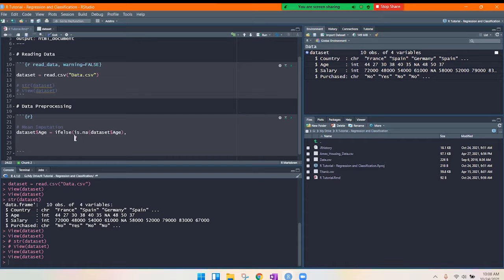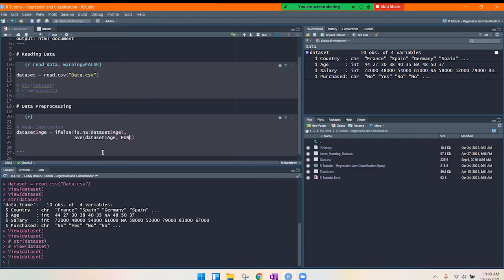The way of doing that is using the ave function. It is a function where you can do a mean imputation. It's not necessarily that you use the mean imputation. You can do median imputation with it as well, but you have to specify the function which you're using, either the mean or the median or something else. So the first thing you want to put in here is the dataset of age itself, because that's the column you want to find the mean of. And